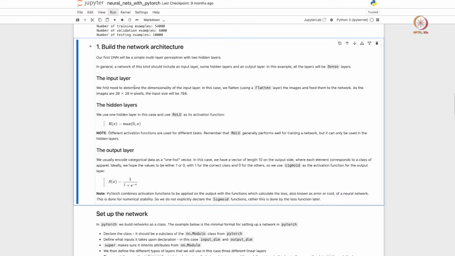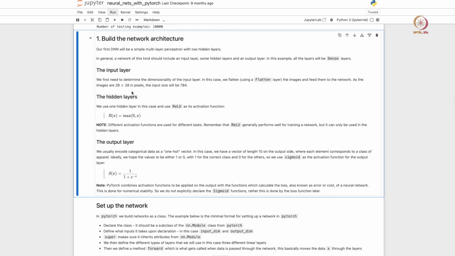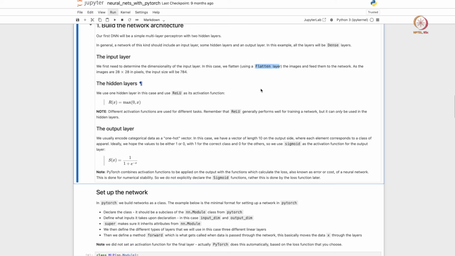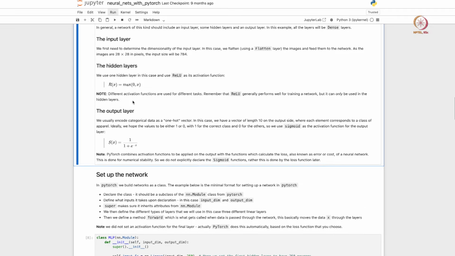So just to understand, the first layer is almost always the input layer. So here we are going to use a flattened layer. These are 28 by 28 pixel images, so we are going to flatten them out into a single 784 sized vector, right. And then we have hidden layers. Each of the hidden layers we are going to have a ReLU activation function, and then the output layer.